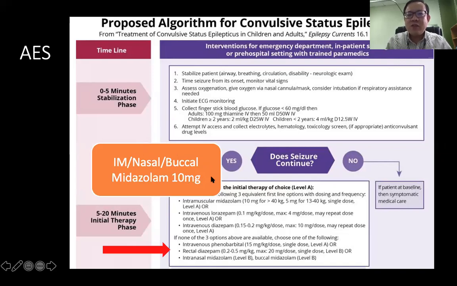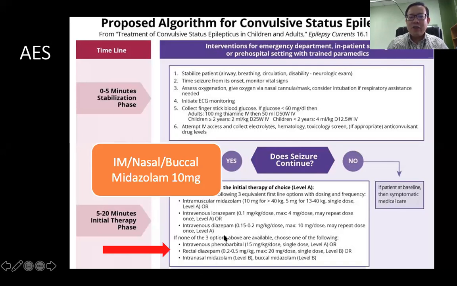The second one we use a lot in Malaysia is buccal midazolam. We are no longer using rectal diazepam that often. Buccal midazolam is easy to use. They keep a bottle at home in the fridge. When someone develops status, especially in children or in patients with very frequent seizures, we can give 10 milligram of midazolam in the buccal region. You just put a syringe, withdraw 10 mg, it's just 1 ml, go into the buccal region and then inject slowly without a needle. This will be absorbed through the buccal mucosa.